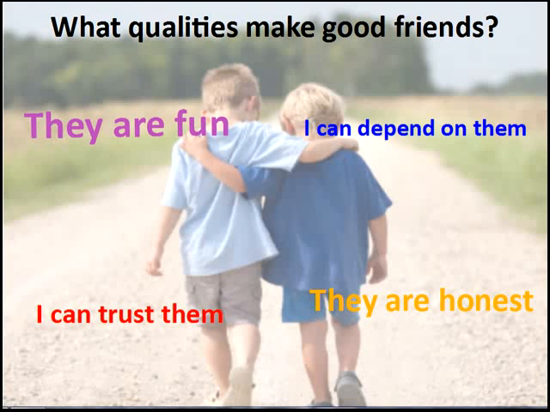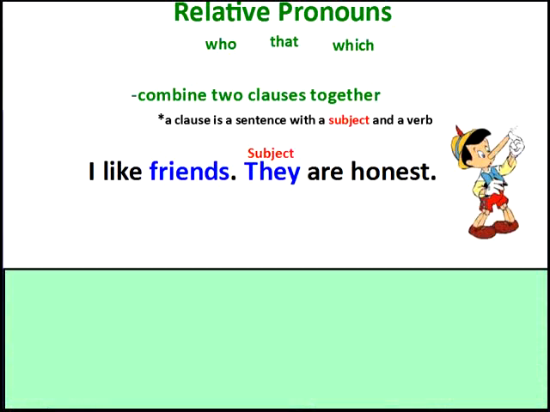So let's use these ideas to look at our grammar today. Our grammar today is about relative pronouns. We have three main relative pronouns that we're going to look at today, which are who, that, and which. We use these relative pronouns to combine two clauses together. What's a clause? Well, a clause is a sentence with a subject and a verb. So basically, it's a sentence, right? Something that we need to know about these relative pronouns is that they're used for different